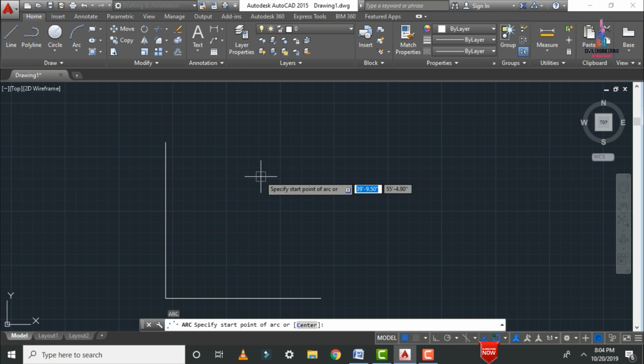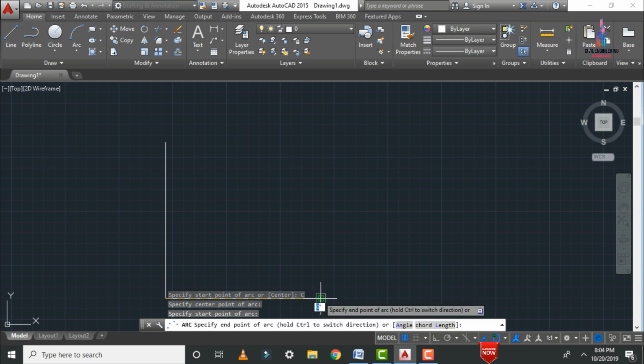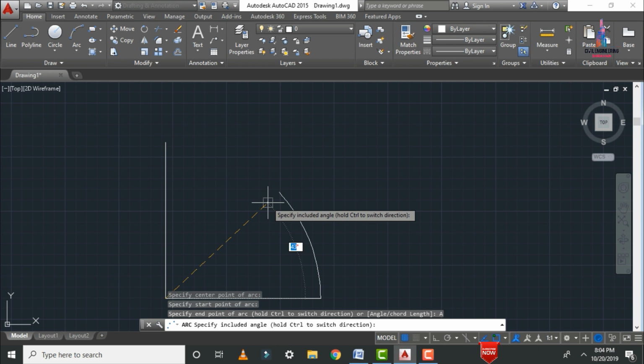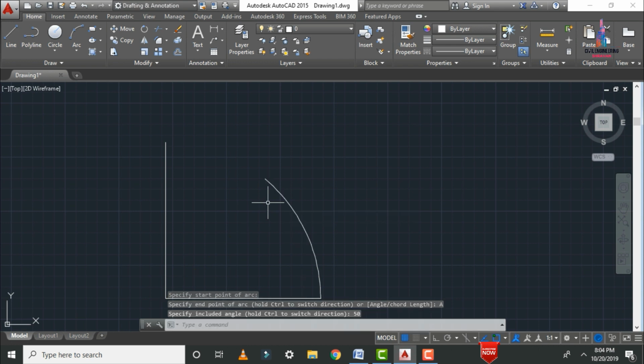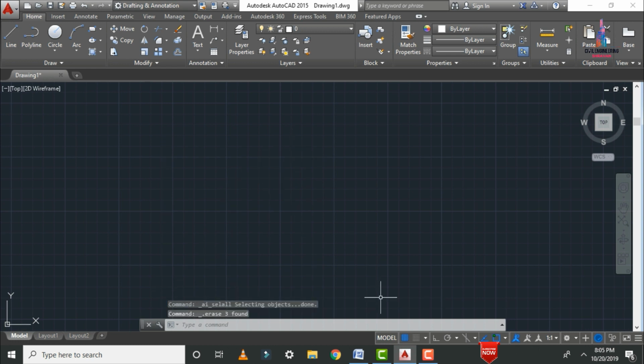Okay, now I will explain how to draw the arc with the help of the angle section. Basically we will select the center for that. Select this center point here. We will select the starting point here. Again we have to select the angular section, so you can select the angle here as per your considerations. I'm considering it as 50. Click on enter. Now you can see the 50-degree arc was drawn here like this. Okay, so this is the process of drawing an arc for any kind of perpendicular lines.